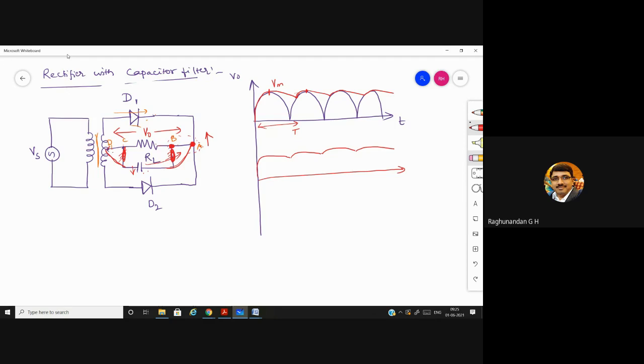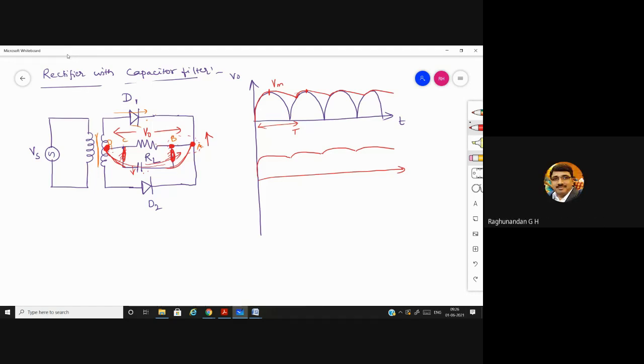Because of the capacitor characteristics, which avoid the flow of DC and allow the flow of AC, the entire AC component will go to the center tap. What is the voltage at this center tap? This one, the arrow mark where I am pointing. What is the voltage? V naught, sir. V naught, fine.